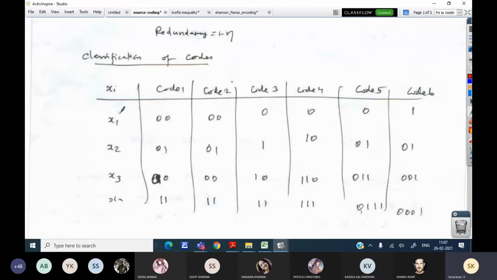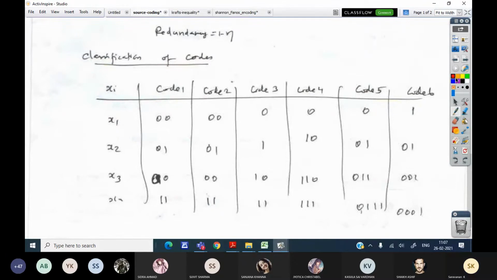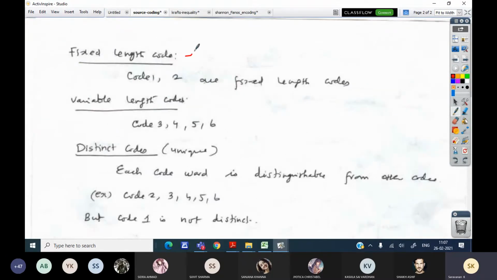If you compare code 1 and code 2, the number of bits I use for each symbol is the same, 2. x1 is coded with 00, x2 with 01, x3 with 00, and x4 with 11. Code 1 and 2 are said to be fixed length codes because I always use 2 bits; each code word is made of 2 bits.